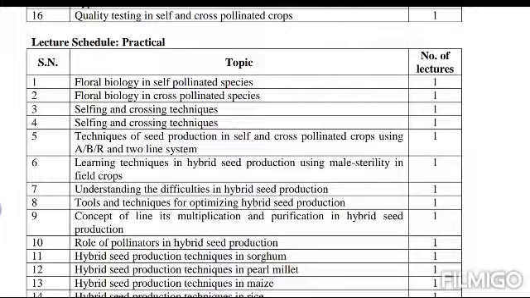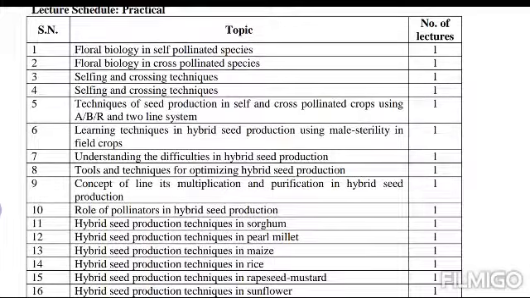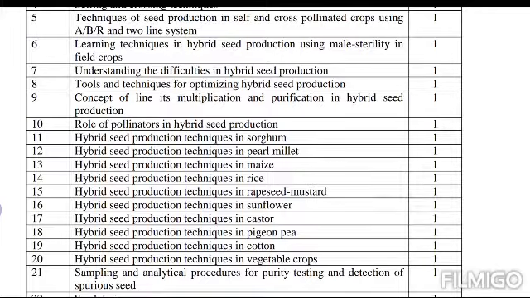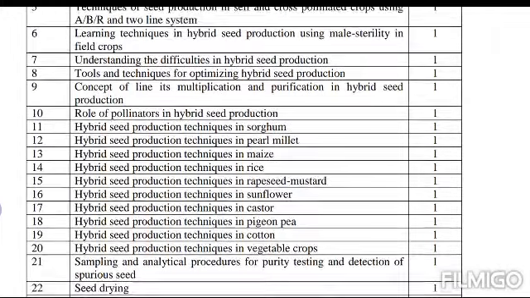Coming to the practical lectures, the first one is floral biology in self-pollinated crops species, subsequently in cross-pollinated, then selfing and crossing techniques, techniques of seed production in self and cross-pollinated crops using ABR and two-line system, techniques in hybrid seed production using male sterility in field crops, understanding the difficulties in hybrid seed production, tools and techniques for optimizing